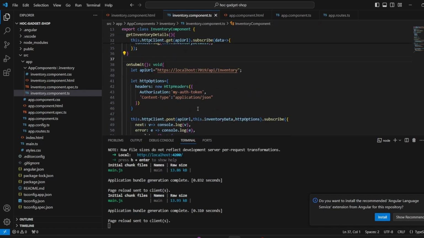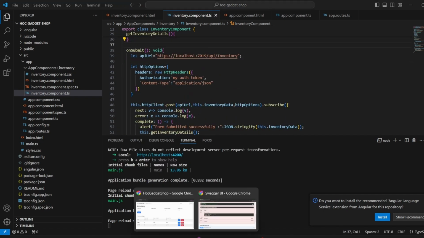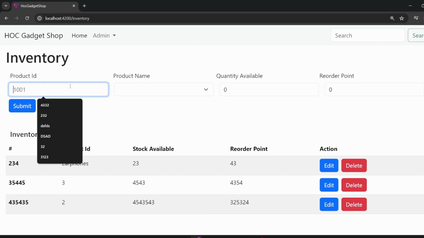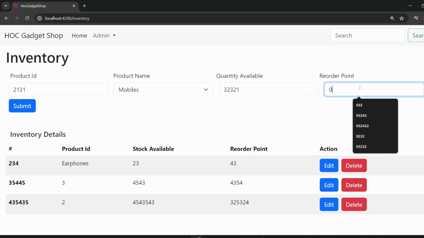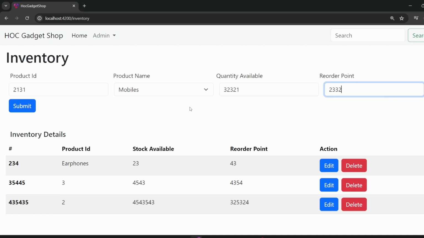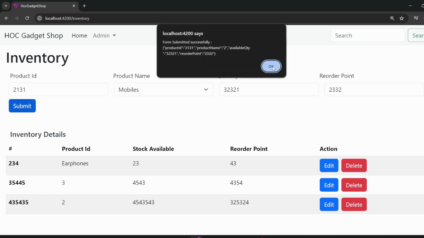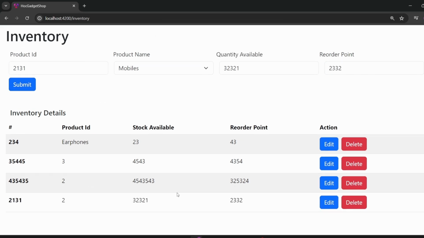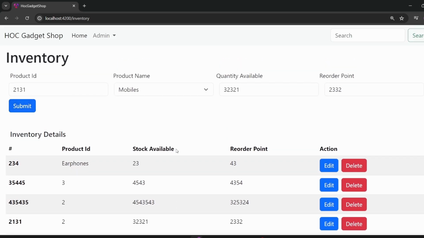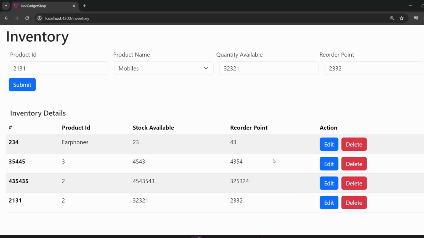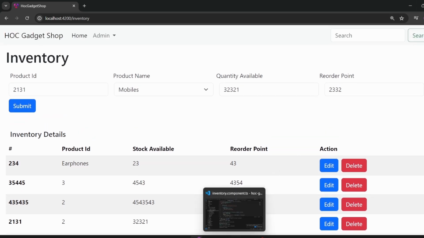So now I'll just save the changes over here and we'll go to the screen, make some changes, that is add a new record and click on submit. So everything seems to be perfectly working fine over here. We are able to get the records while we are submitting. We are able to get the latest table details as well. After this,